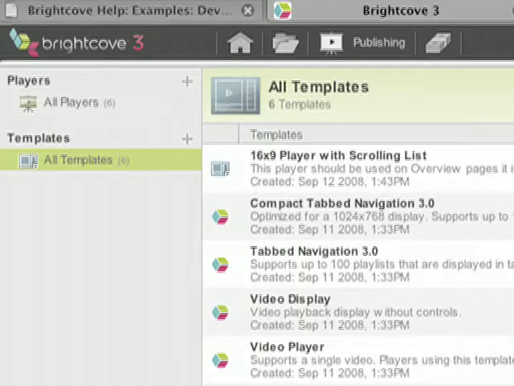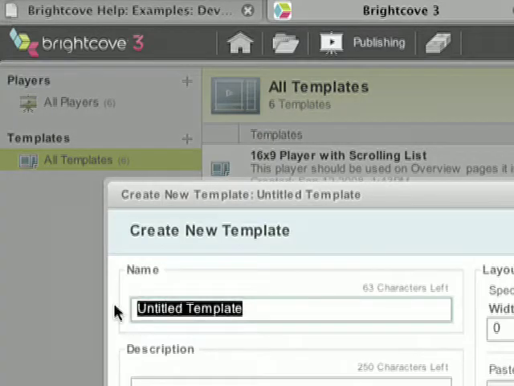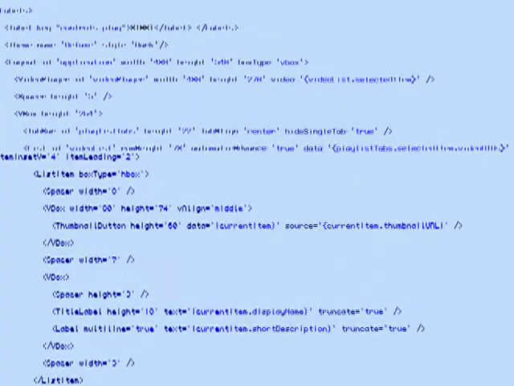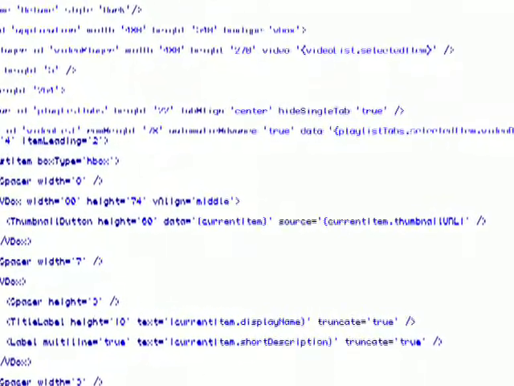The first piece is really this new custom template framework. So I'm going into the publishing module, which is where people can create these custom video experiences. And to do that, you can now create a completely custom player experience based on a template. And these templates are created using a new XML language that we've created called BEML, the Brightcove Experience Markup Language. It allows a kind of HTML level developer to really rapidly create custom video experiences that can then be reused